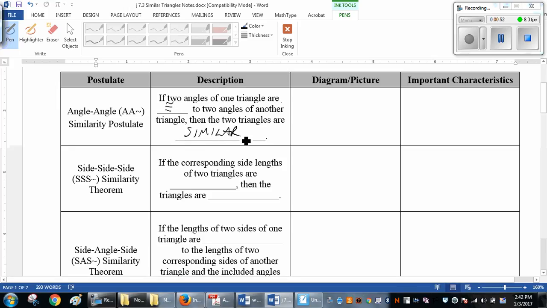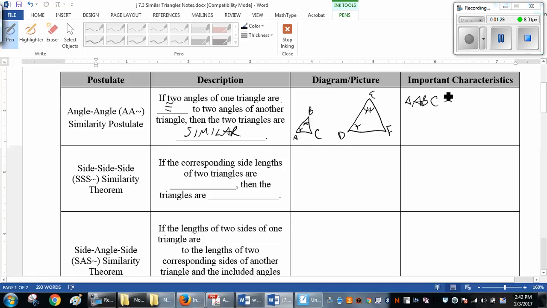All right, so what does this look like? Let's draw a little triangle, A, B, C. There we go. Now let's say angle A, and a big triangle D, E, F, is congruent to angle D. And then we also know that, let's say, angle B is congruent to angle E. Okay, there we go. That's enough for us to say that triangle ABC